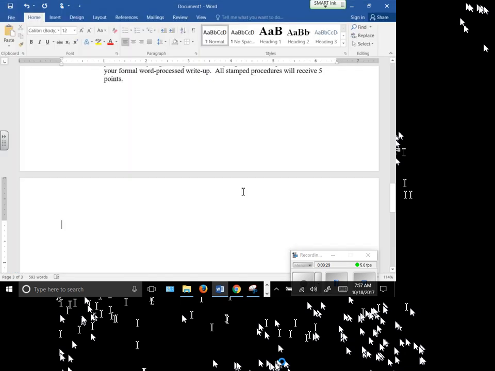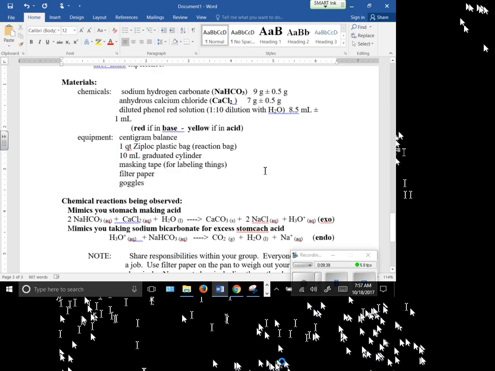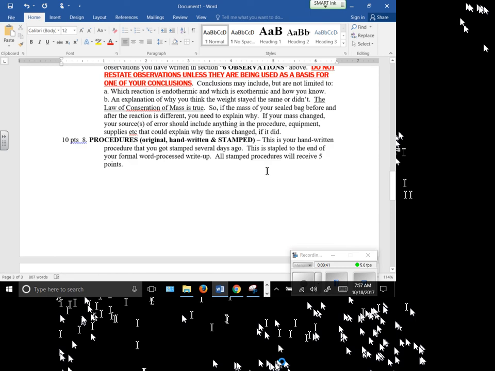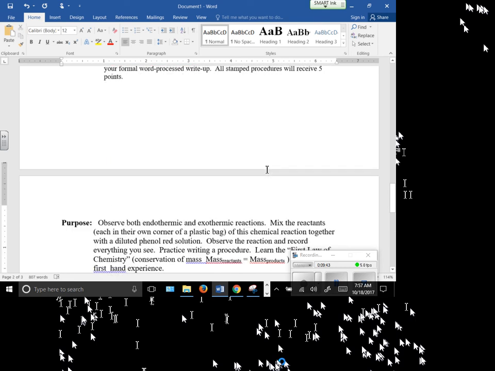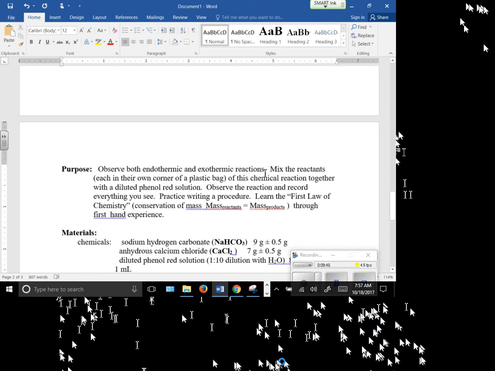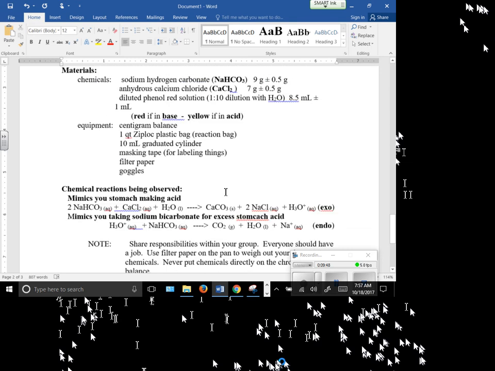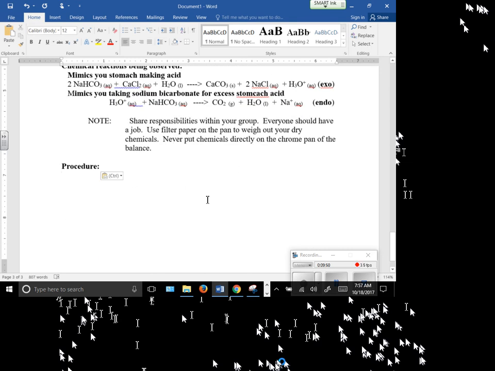and the Tab key, and I can see where my Word document is. There it is. It says it right up there. Okay, now I hit Control V to paste, and look what I'm going to get for free. Okay, all of that is in there now. I've got my purpose, I've got my materials, I've got my chemical reactions, and now I am going to copy in